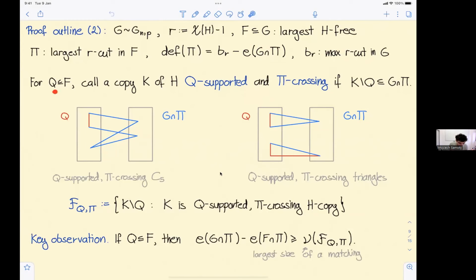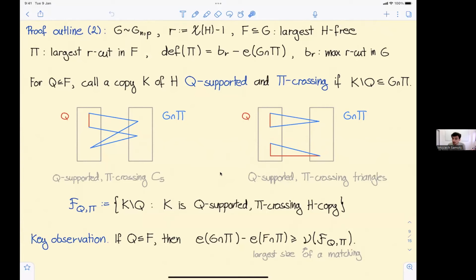Let's fix some subgraph of F, call it Q, and a copy of H will be called Q-supported pi-crossing if other than the edges of Q, all the other edges are in G and cross the partition. So here are two illustrations. If Q is the red graph, then this is a pi-crossing Q-supported copy of the 5-cycle, because all of its edges apart from the edge of Q cross the partition. And here we have two different Q-supported pi-crossing copies of the triangle. Here Q is one edge and we have this path of length 2. Here when Q is 2 edges, this triangle is also Q-supported and pi-crossing, and it has only one